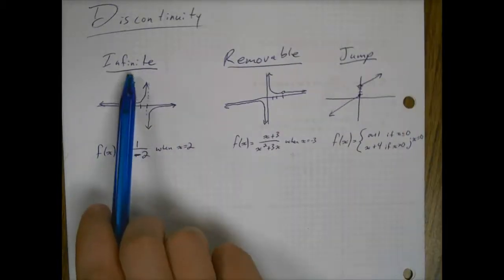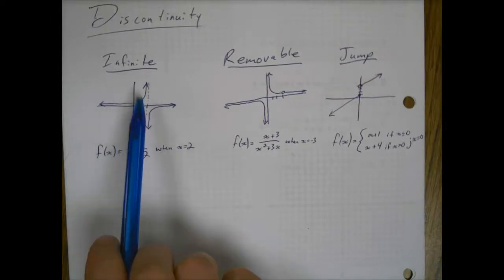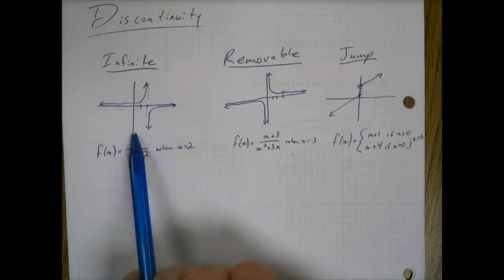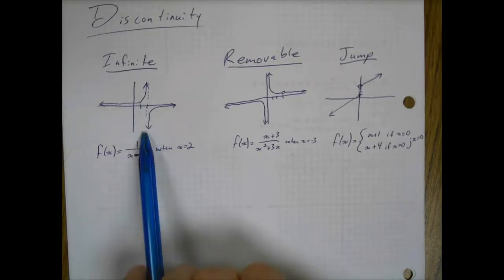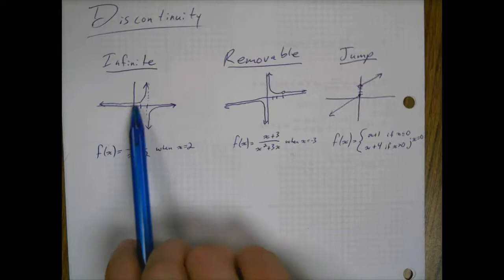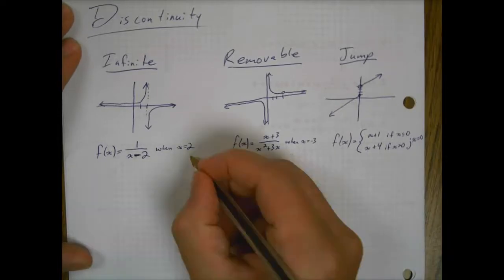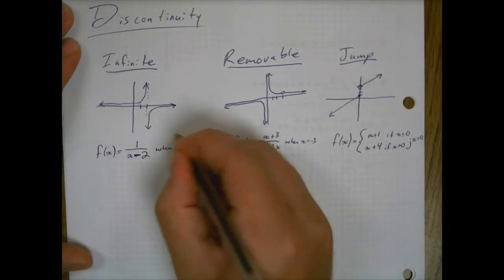One of them is an infinite discontinuity. Essentially, at a given x value, in this case x equals 2, and for this graph it's also 2, it is going to infinity on either side of that x value. A shortcut way to check for infinite discontinuity is if we take this x value and substitute it